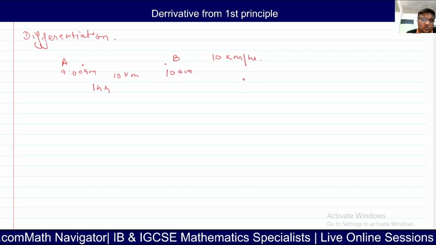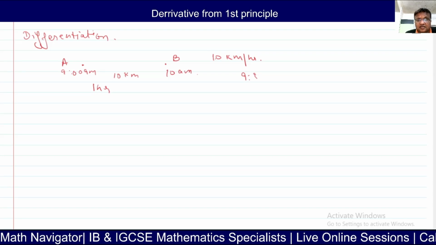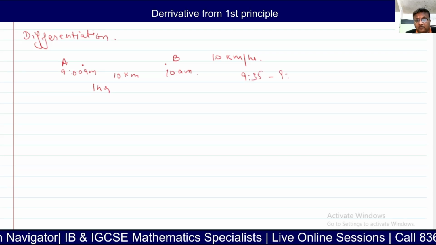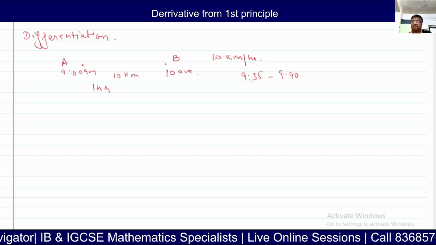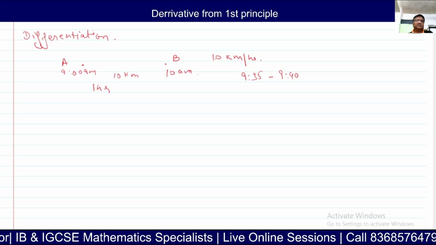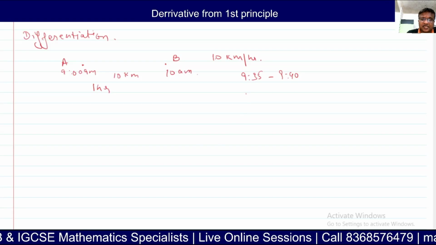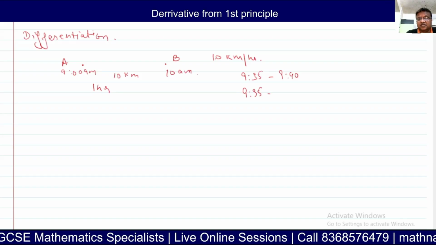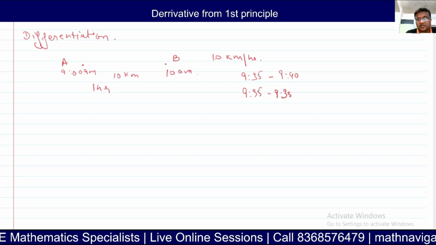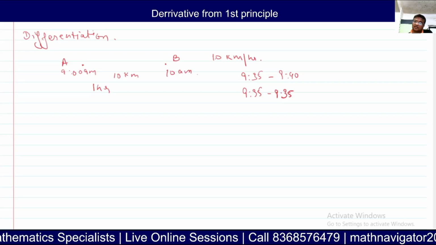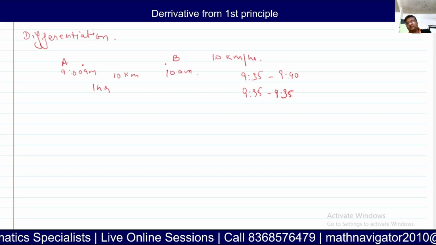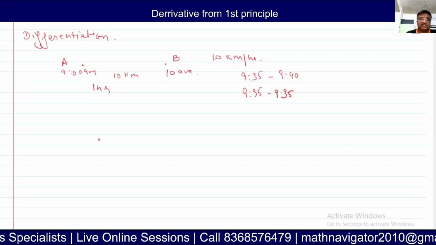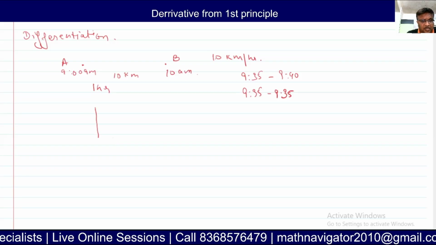But if I ask you what is the speed between 9:35 to 9:40, what will you do? You will find the distance traveled during this time and then divide it by the total time taken. But if I say 9:35 to 9:35, what will you say? The time is zero, but nothing becomes zero. Actually, the difference between the times is very, very small. This means what you are actually doing is